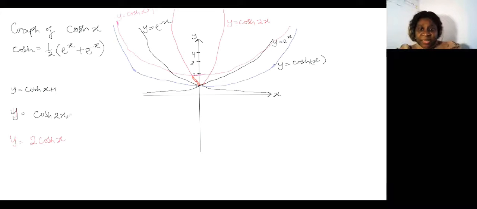I told you that that is to do with the amplitude. That is too much now, there's too much going on there. So let's say this is y is equal to cosh x. Then y is equal to 2 cosh x. Maybe this is 1 here. We'll just take the whole thing up